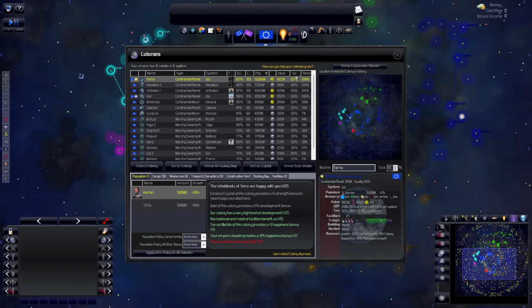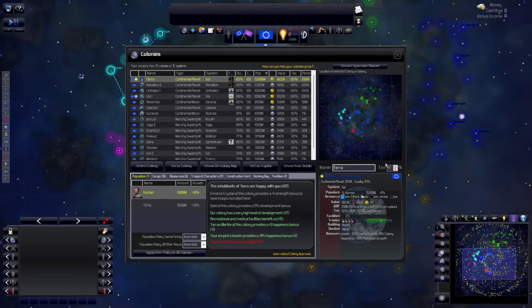You can see our tax rate, sort by tax rates, sort by population, happiness, etc. An important thing to note is that these taxes are not on the income of a location or a population. It is on the actual generated GDP of a location. So however much GDP, also noted here as revenue, GDP revenue, these are the same thing here. However much GDP is generated by a colony, a percentage of it will be taxed into your income based on